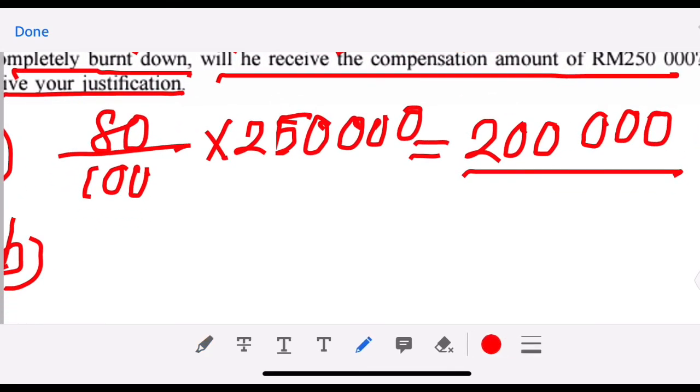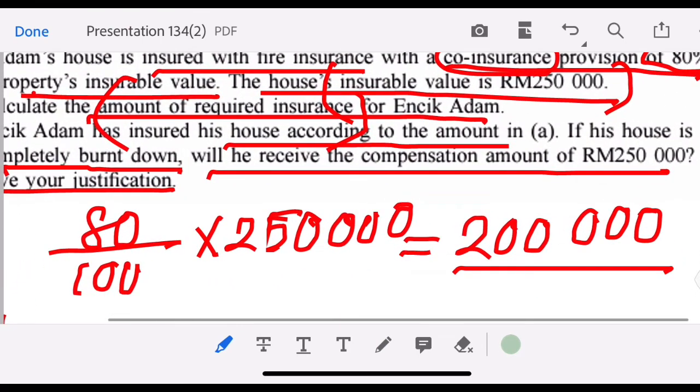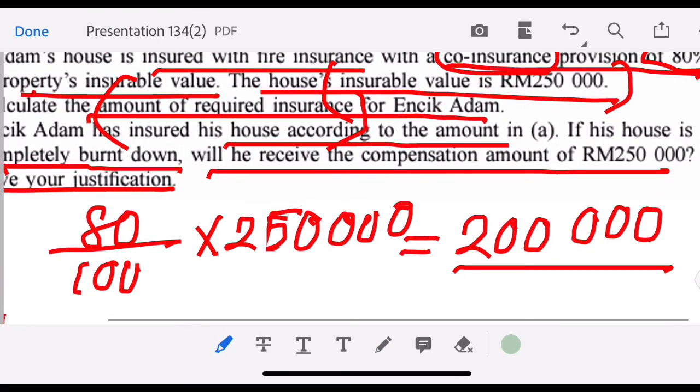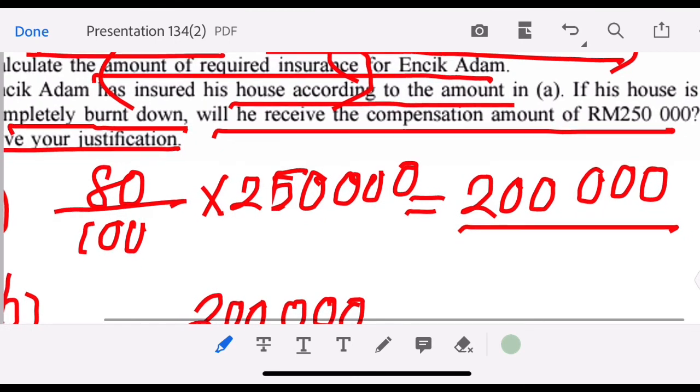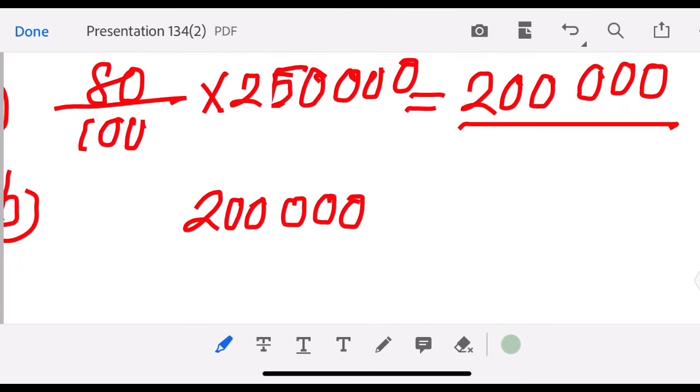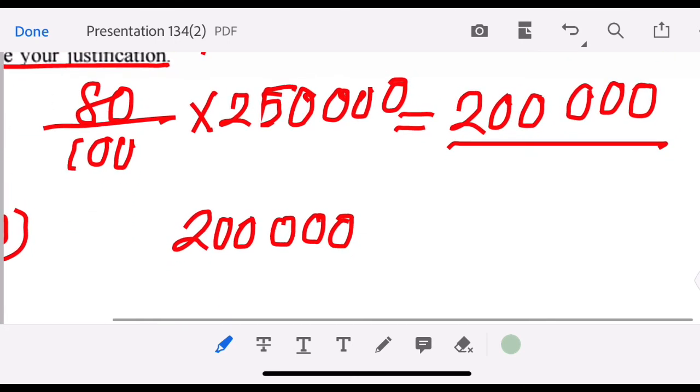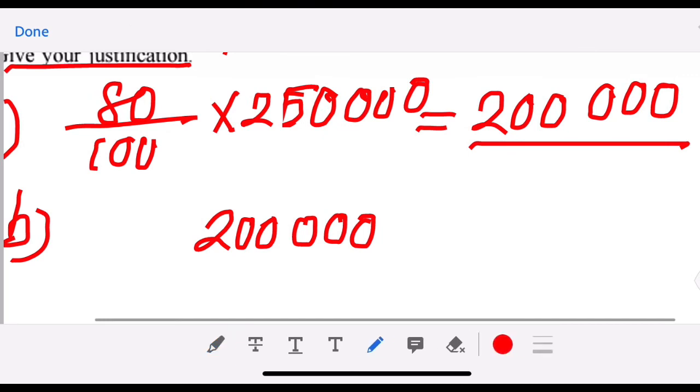Okay, so we will take the 200,000 amount of the insurance. This amount is actually required by the insurance company, and because it's a total loss,